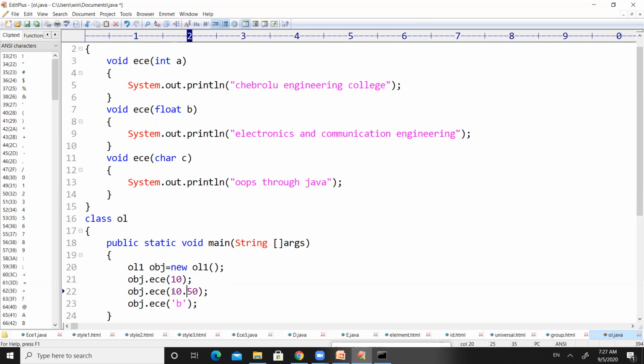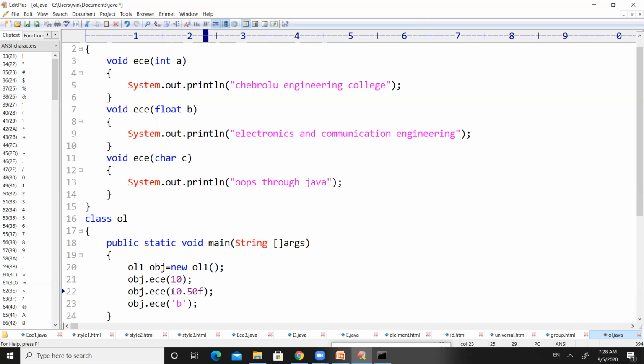And keep one more thing here, place F here. Why have we placed F? By default, a float value will be considered as integer by default. So if you want your compiler to consider this value as float, you have to append the value with F. So simply if you pass 10.50, JVM will execute again the integer parameter method.